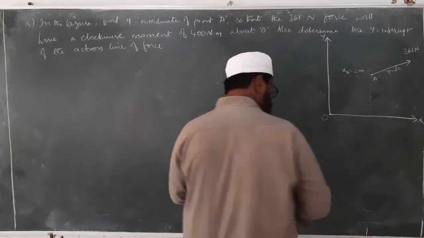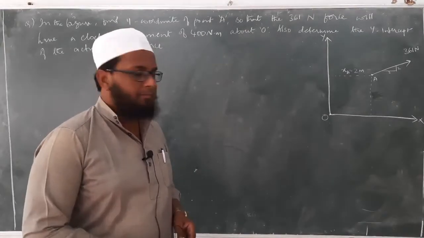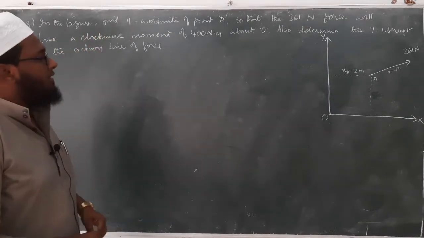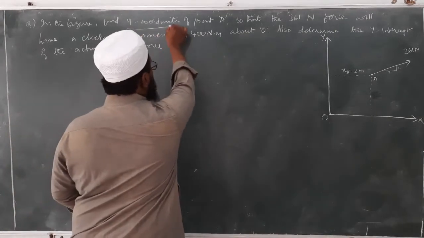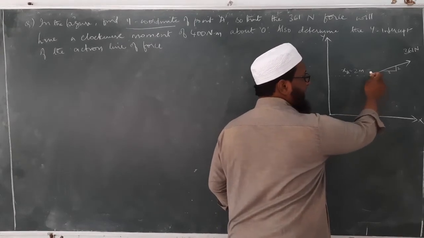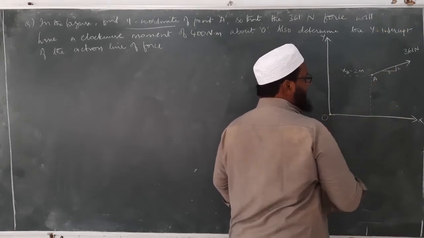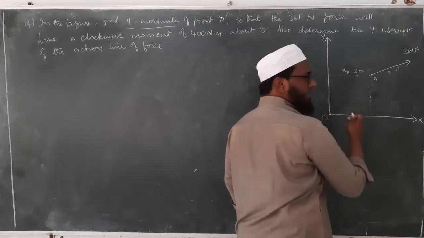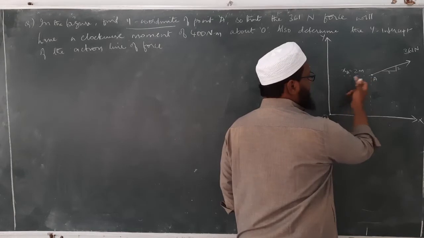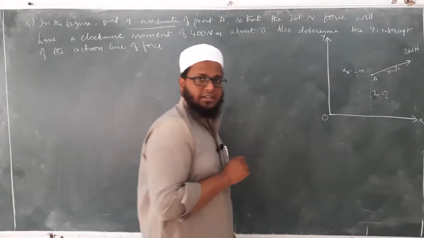right. If you see the question very carefully, the question says that in the figure we have to find the y coordinate. First he is asking us to calculate the y coordinate, that is, the force is projecting from point A, this is point A, and the force is going in the first quadrant, isn't it? It is going up to the right. So what is happening there? The force is starting from a certain point. This distance is given as xa is equal to 2 meters, whereas ya is not given to us. We have to calculate that y coordinate.